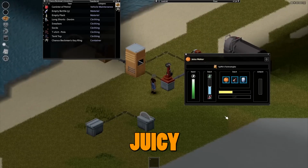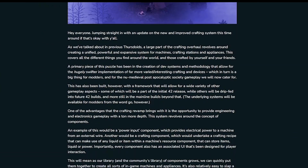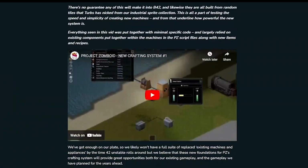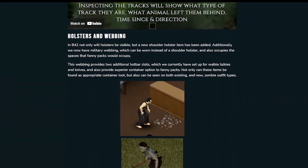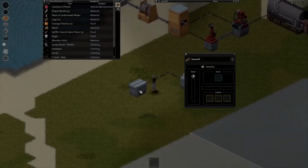We got some juicy details in this week's Project Zomboid news. There are so many cool things to discuss that you're not going to want to miss in this one, so stay tuned. The beginning of our blog post this week starts with a huge update on the crafting/machinery systems that